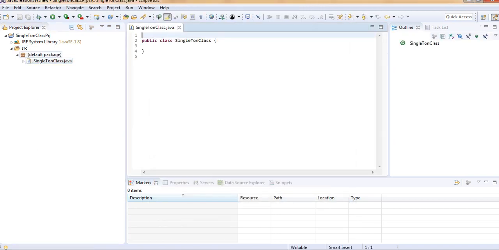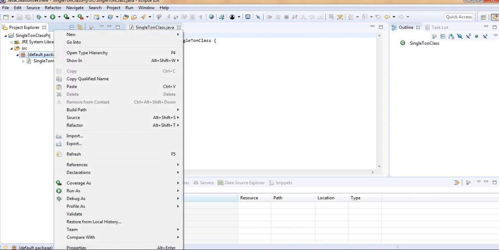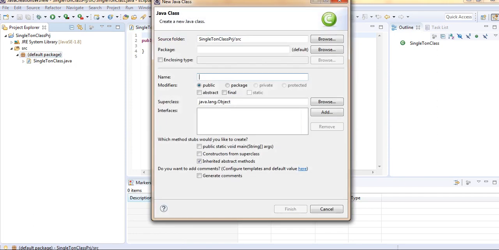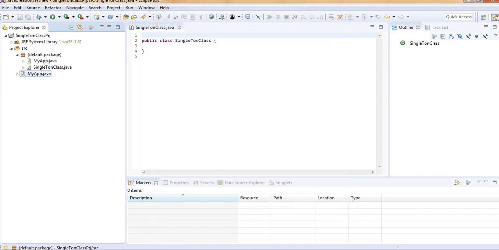There it is. One more class I'm going to take, in which I'm going to create the object of this class. I can just give it a very simple name, and of course we need a main method in this. So here we go.